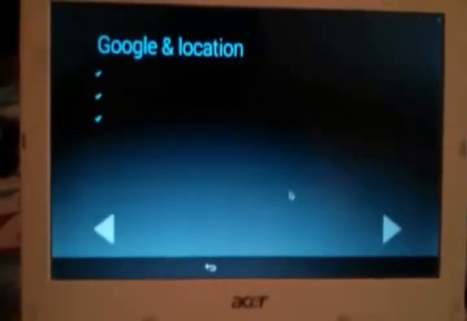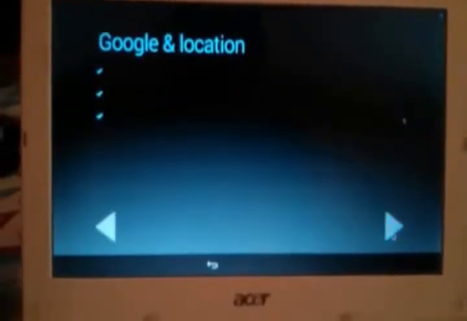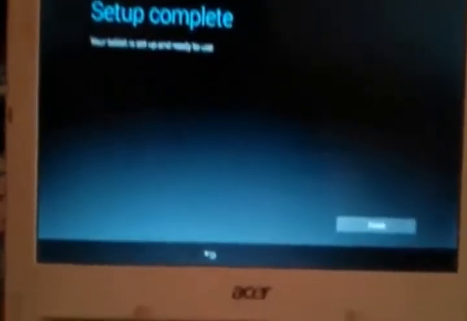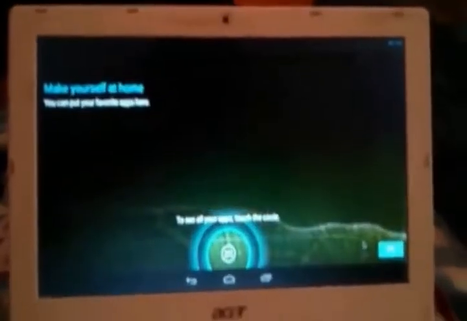Google and location, next, and then next, finish. Okay, so we have successfully installed Android 4.3 Jelly Bean.